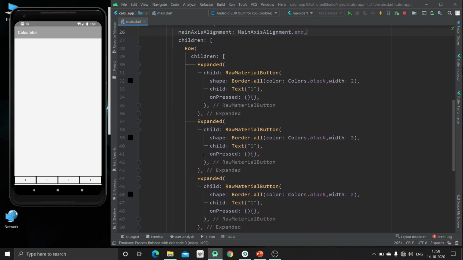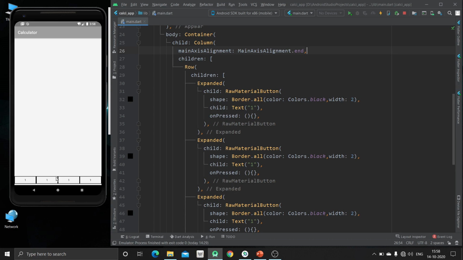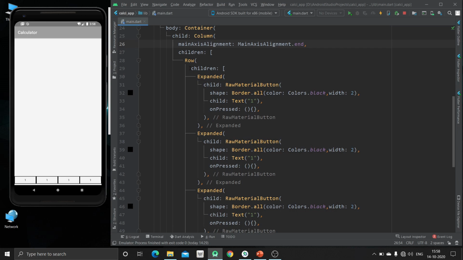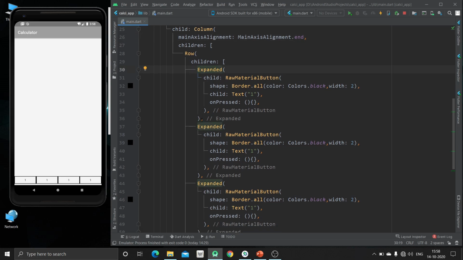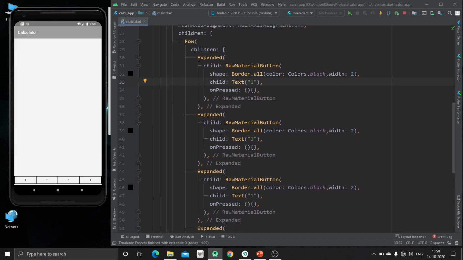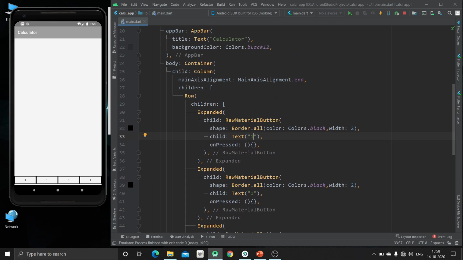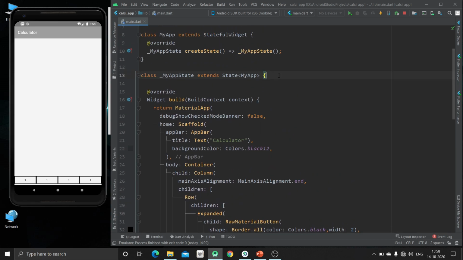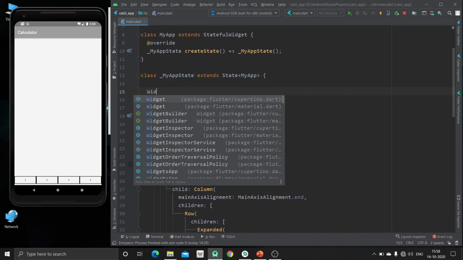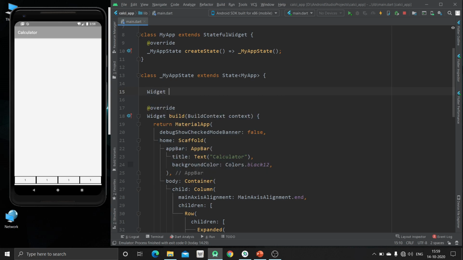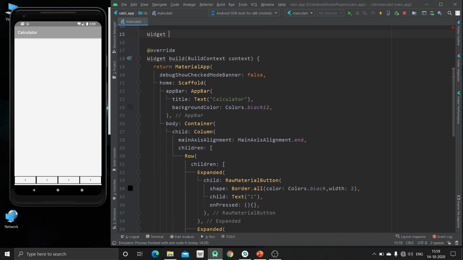Now as this is the first row only, if we create other 3 or 4 rows, then we have to again create this expanded widget and specify the text and all. So we are just going to remove this, and for this we are going to create one widget which will be called again and again instead of writing the whole code repeatedly.